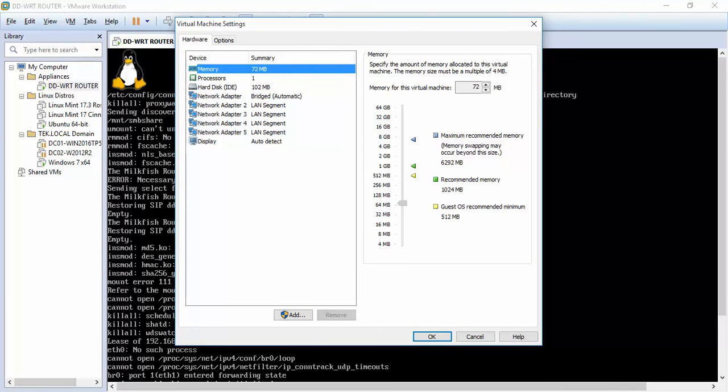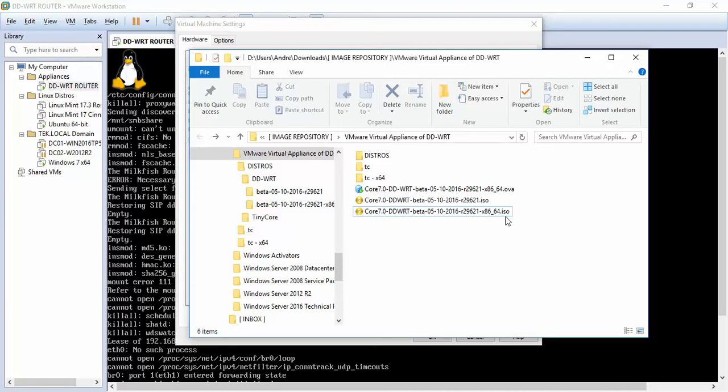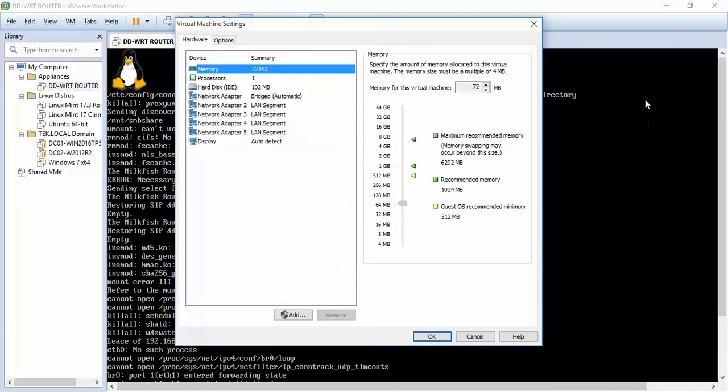Because the OVA file is very easy to deploy, it's just imported. It's all configured. You don't need to do any of this. It's very easy. I'm going to be showing that too, and I'm going to show you how to deploy it from the ISO. So here I have my DD-WRT router set up, the latest version, the beta on the Core